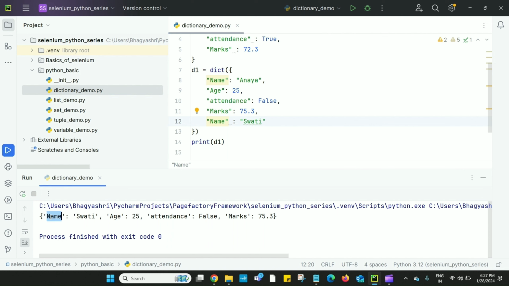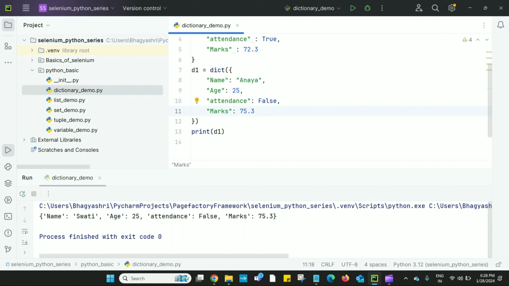Now see, name is updated to Swati, meaning it does not allow the same key. The duplicate name key is there, so the first value is overridden with the second value. So it does not allow duplicate keys.